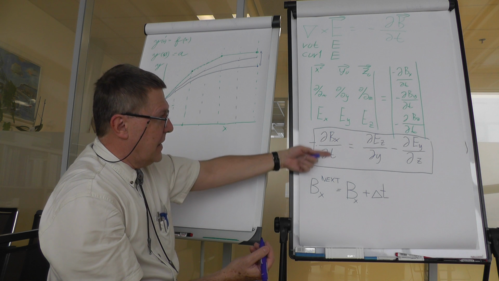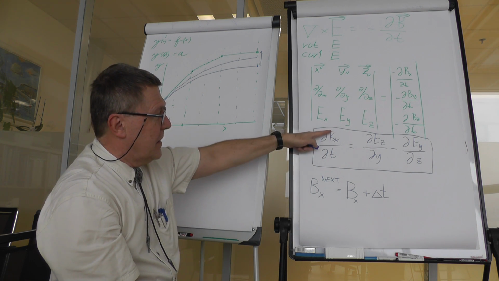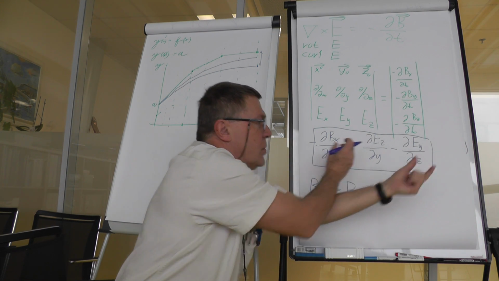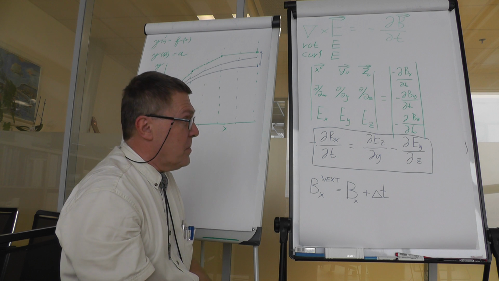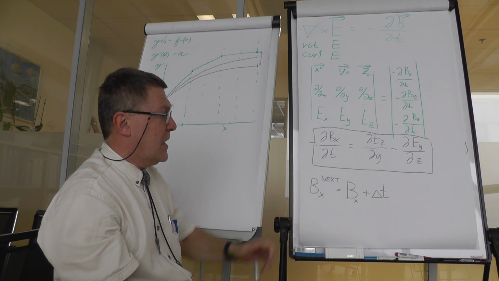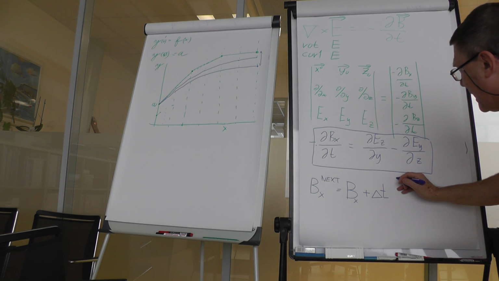So in order to get the time derivative of Bx, we understand that minus the derivative is this. So if we interchange those two terms, we have plus dBx to dt. So we can write it like